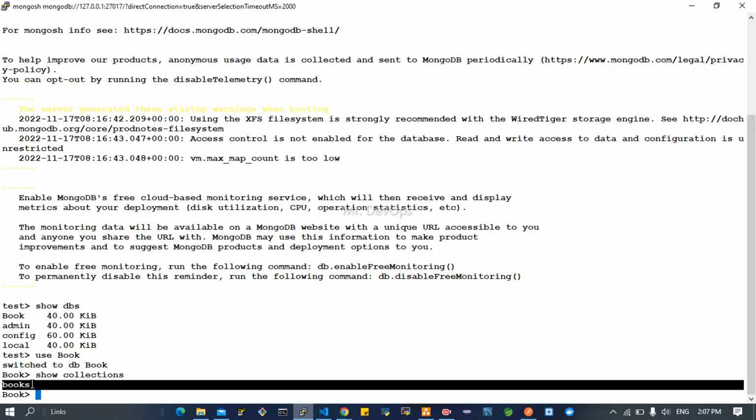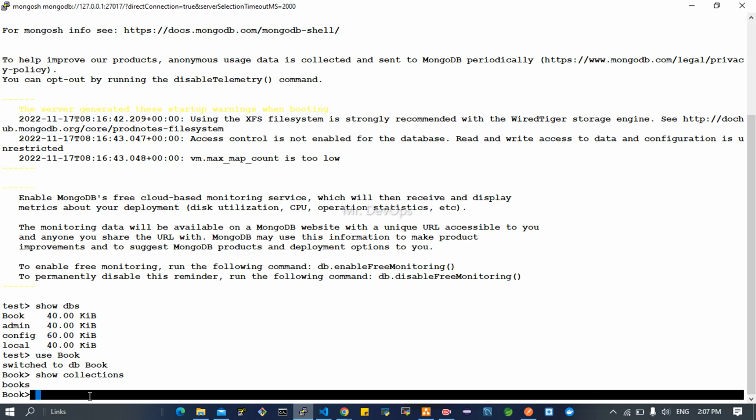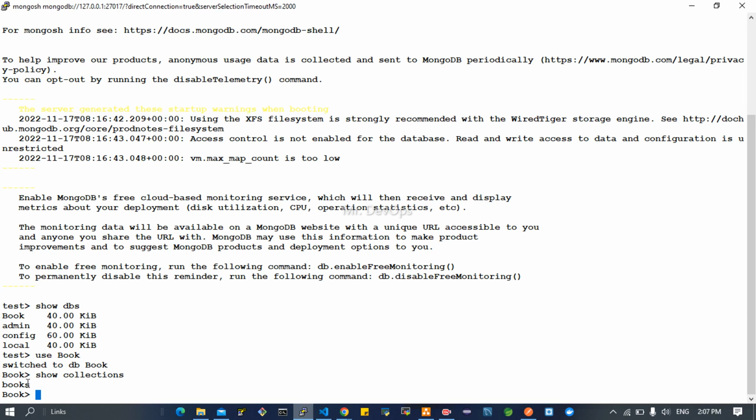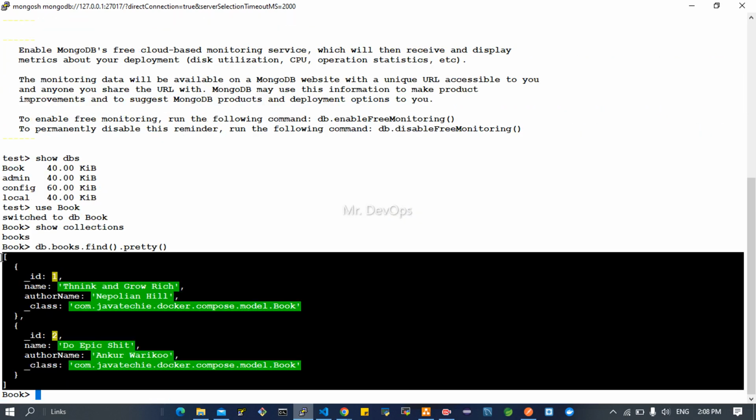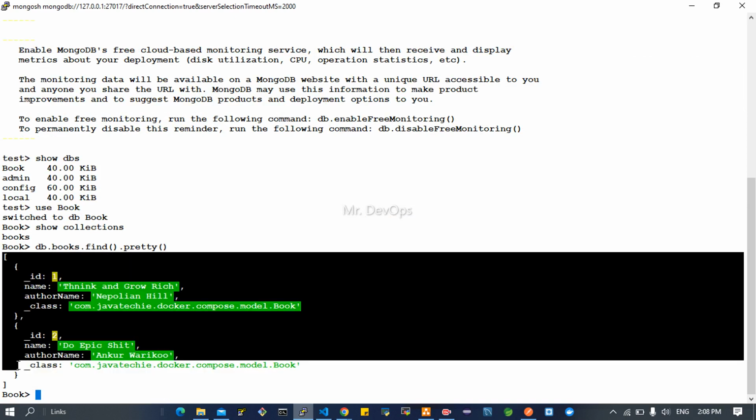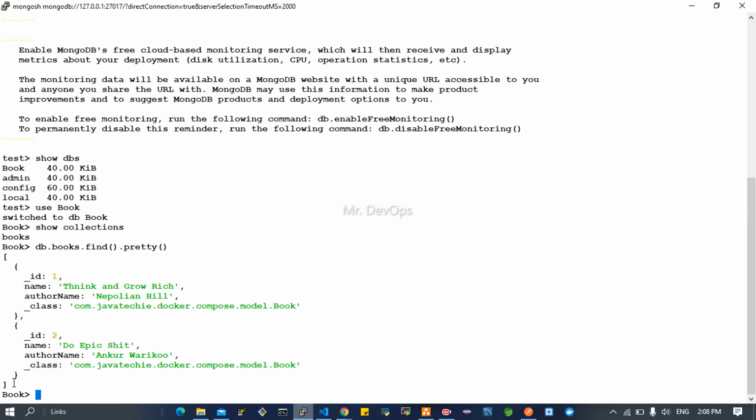So we can see our object here, correct? Now I just want to see all the books, right? So what I will do, I will do just db.books, I am taking the object, .find().pretty(). So we can see exactly the data has been entered from the front end to the backend application in this way,